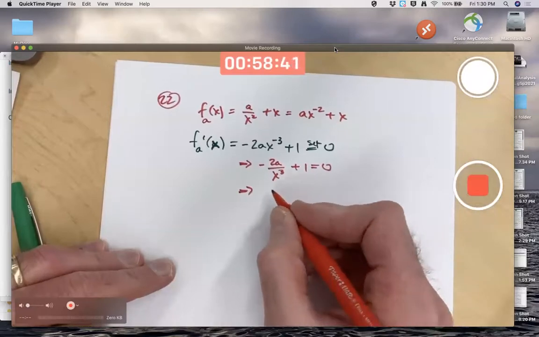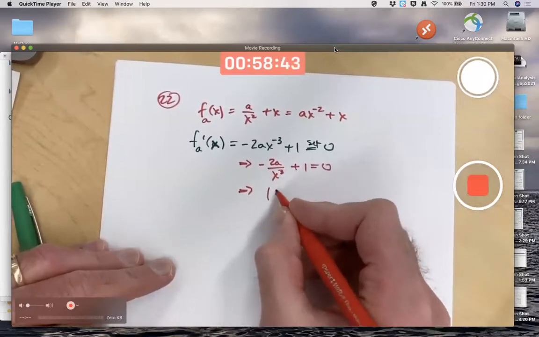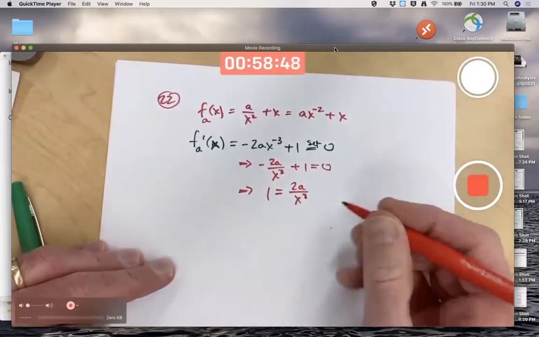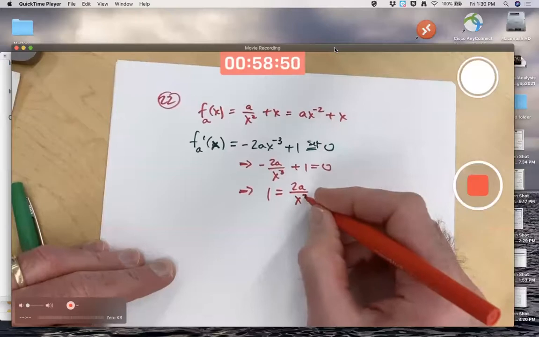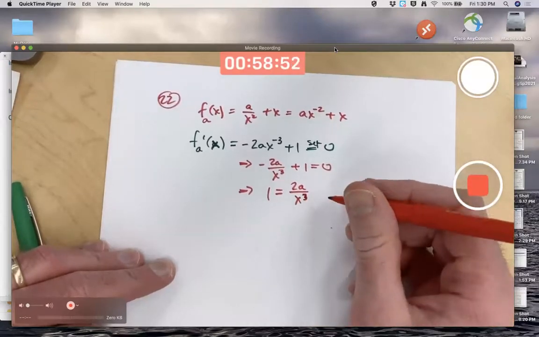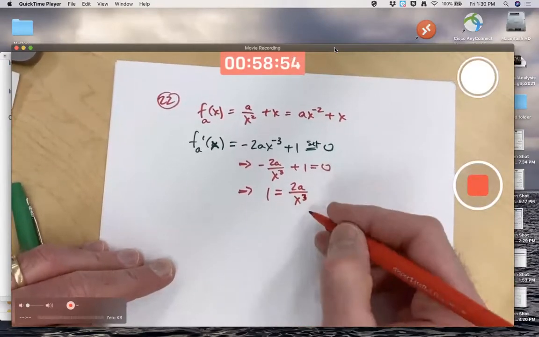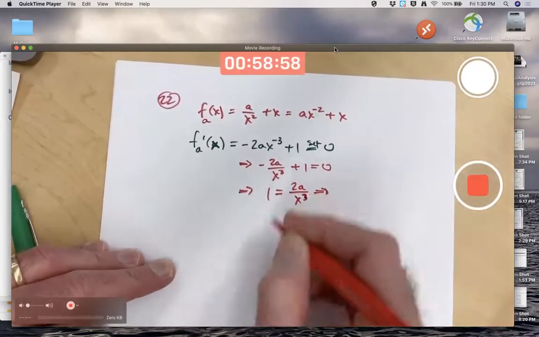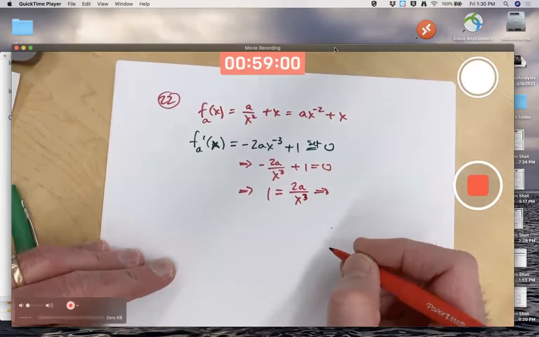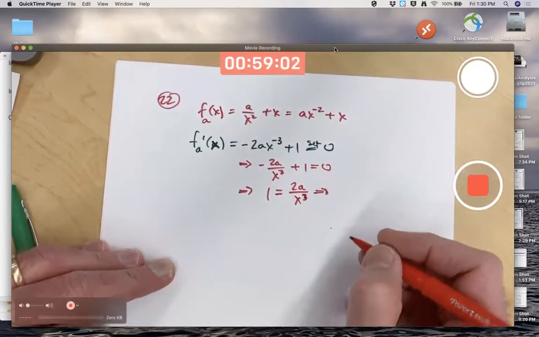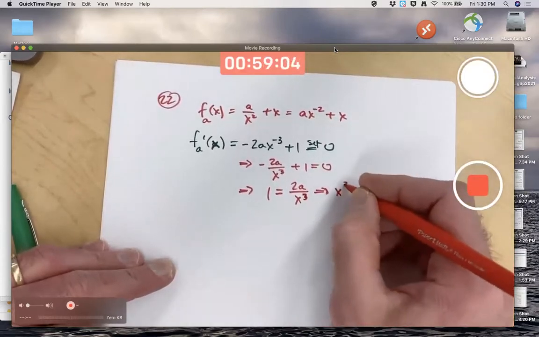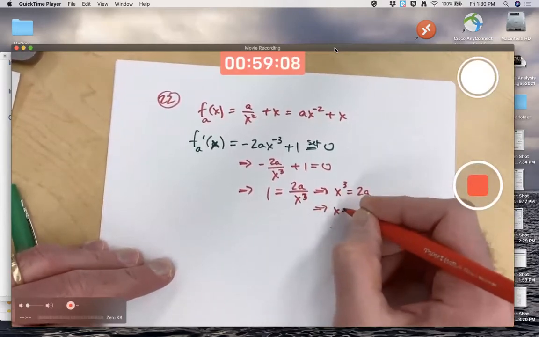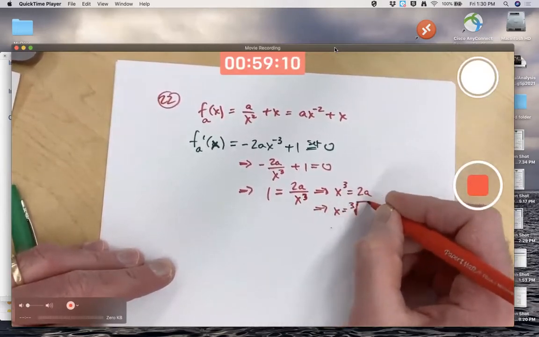One way is you could add this expression to both sides to get 1 equals 2a over x cubed. And then the only way this is going to be 1 is if 2a equals x cubed, which you can think of in terms of cross multiplication as well, if you prefer. Multiply both sides by x cubed, effectively. x cubed must be 2a,